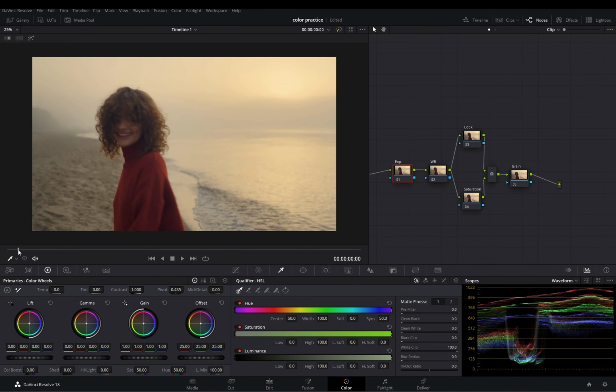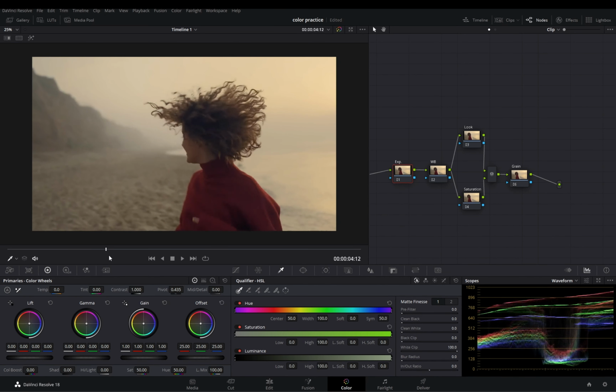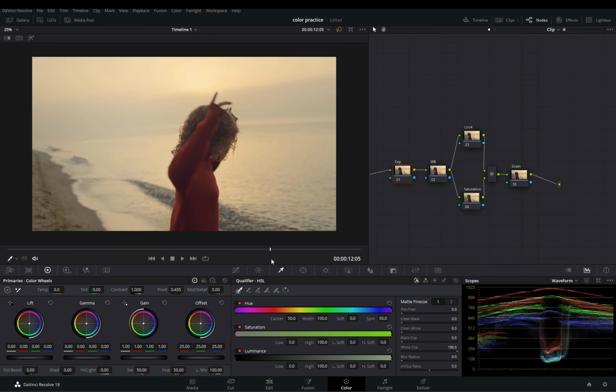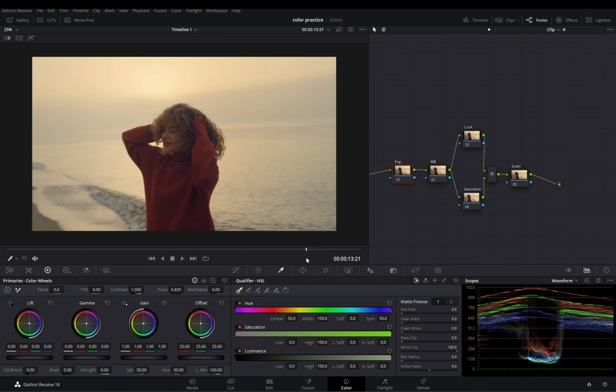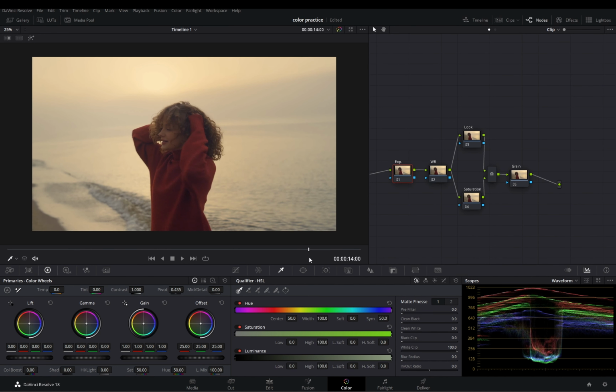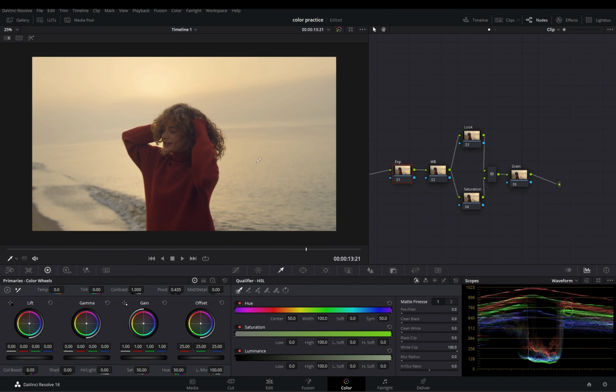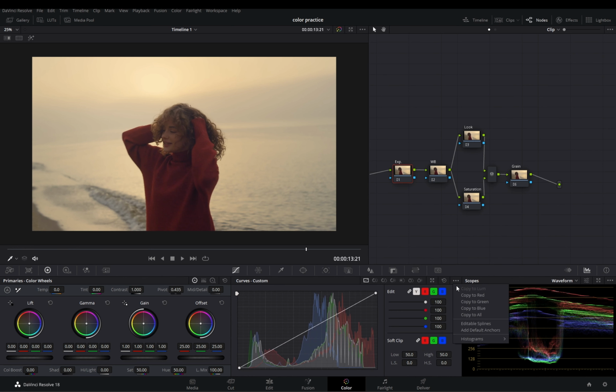So the first thing I would like to do is to find the hero frame. This is nice footage which was shot on the RED, and this I probably think is the best one. So I'm going to my